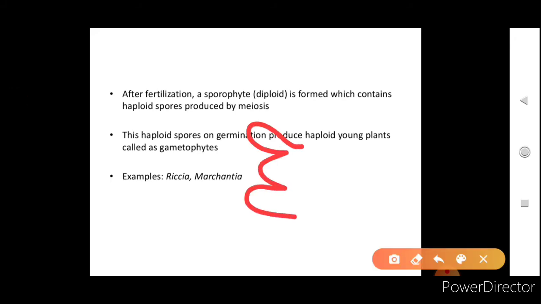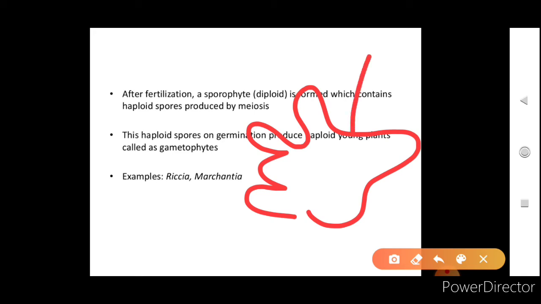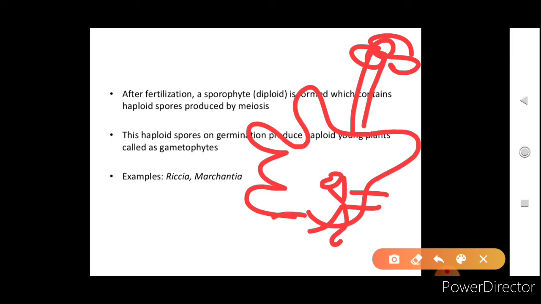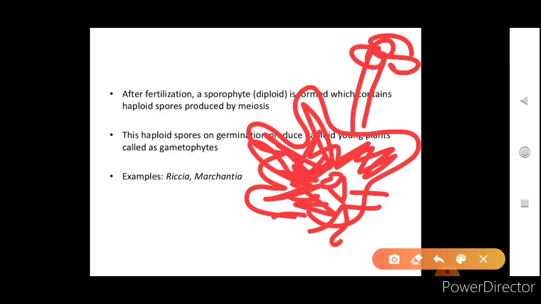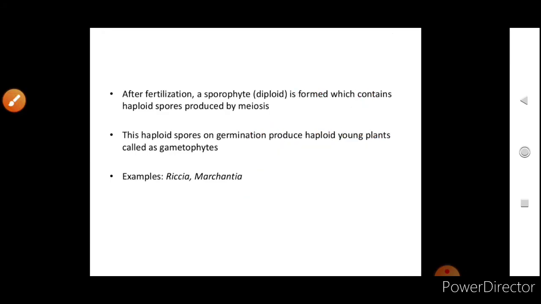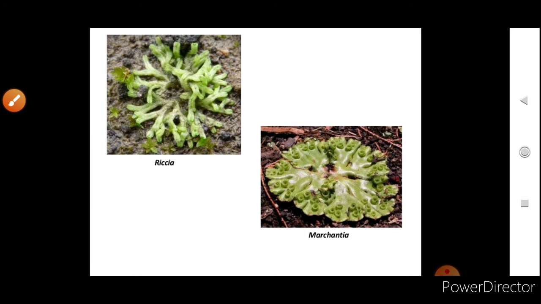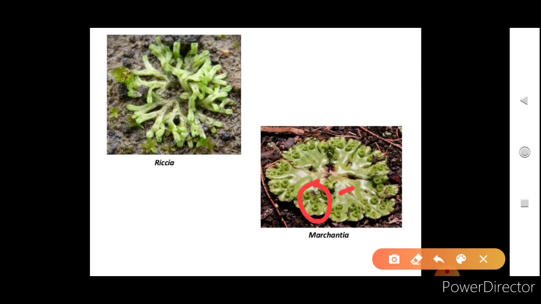this was the thallus-like structure. Okay, and here you saw the archegoniophore or antheridiophore, the flower-like structure, and here there was the presence of the gemma cup and rhizoids. So this is the thallus-like structure. You can see here Riccia and Marchantia, it is the thallus-like structure, and you can also see the gemma cups. See, the small cup-like structures which you can see are arranged on the plate. Okay, these are nothing but the gemma cups, and this is also Riccia.